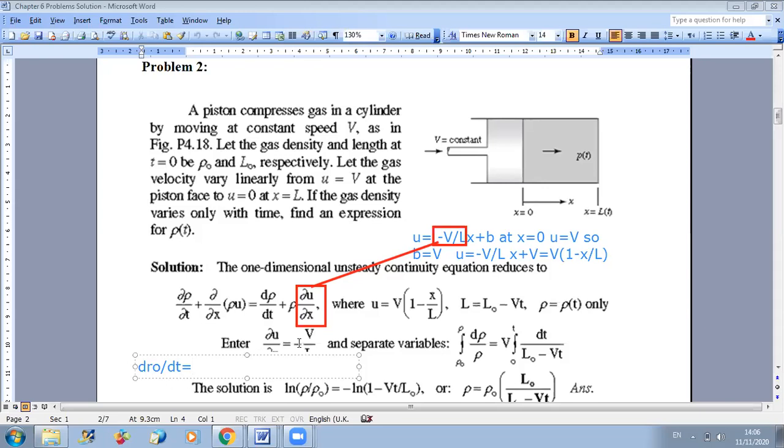But since we have minus here also, minus minus is plus. So it is equal to v over L